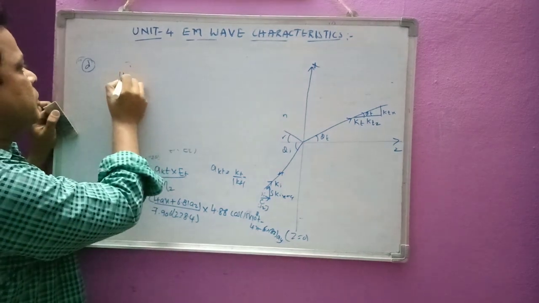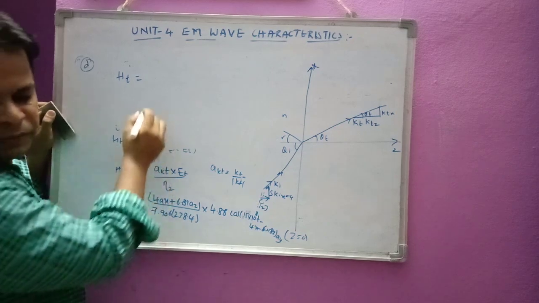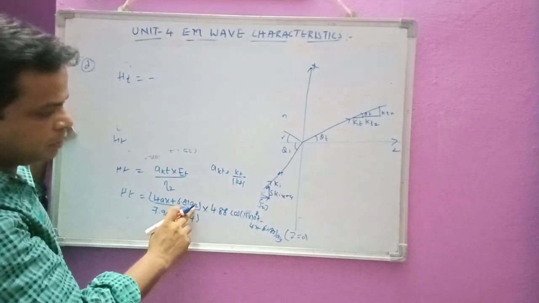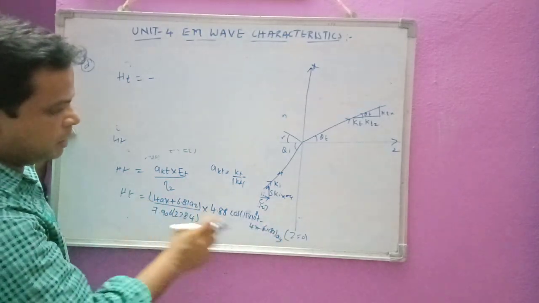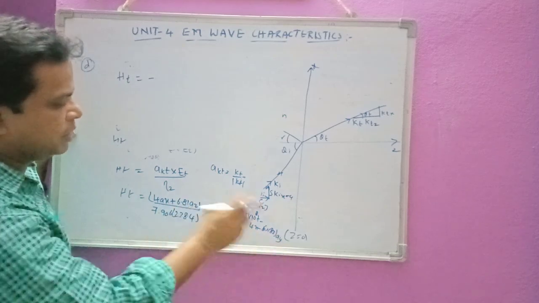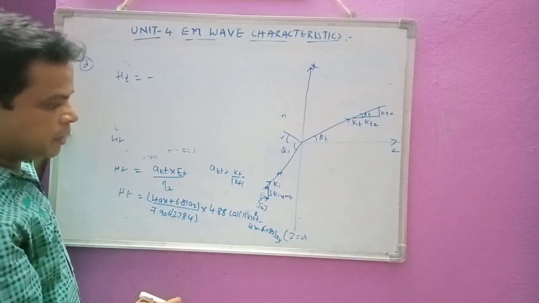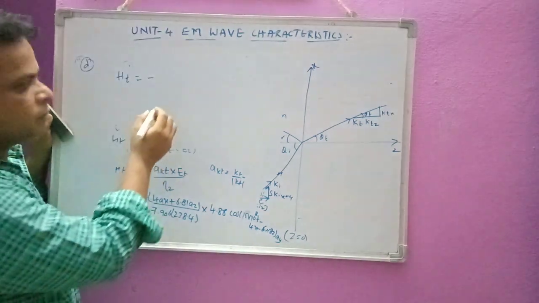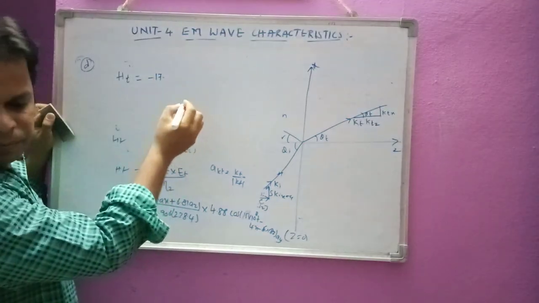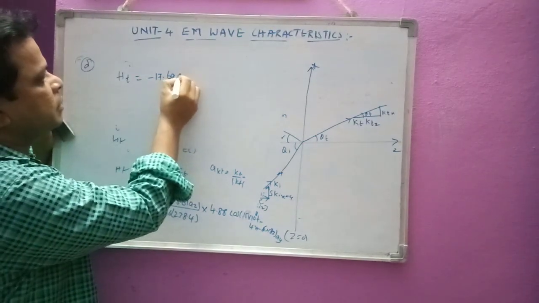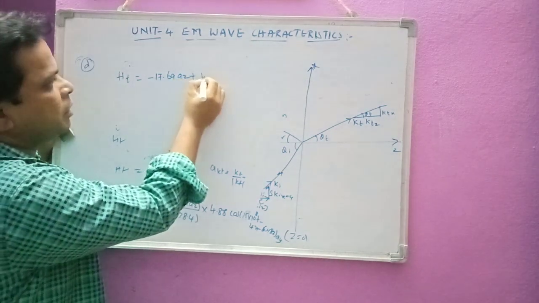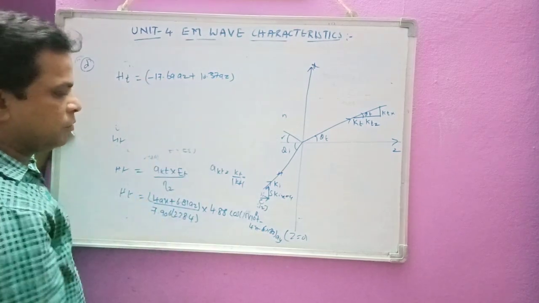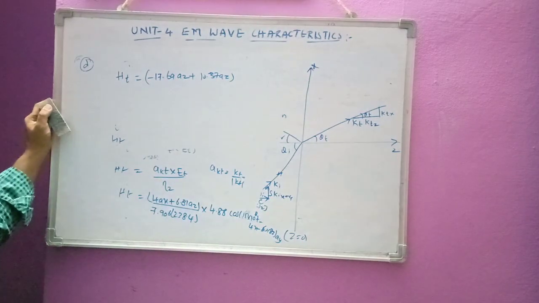Now the final value of Ht will be equivalent to what we will get here, minus 17. Actually we have ax cross ay is az, and ay cross ax is minus az. So minus az will be this one for this one. So I will get here minus 17.69 az plus 10.37 az. So he is taking the cross product of this one, ax cross ay,